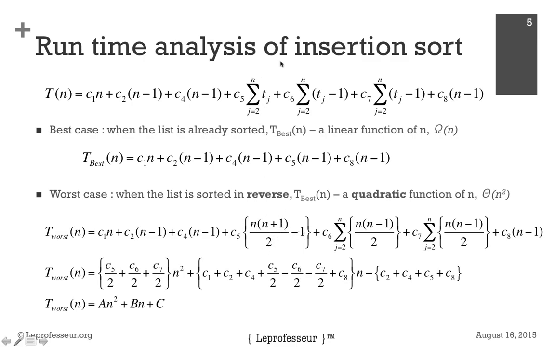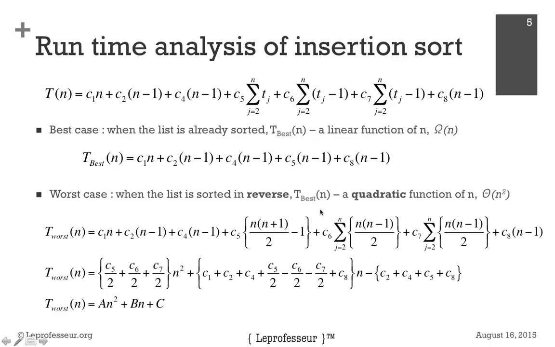You can do the summation and a little mathematics, and we come up with this equation. If we solve further, we finally get the equation in the form of a n square plus bn plus c. So this is a quadratic equation. So what is the upper bound here? It is n square. So in simple terms, we say that this becomes our worst case time,